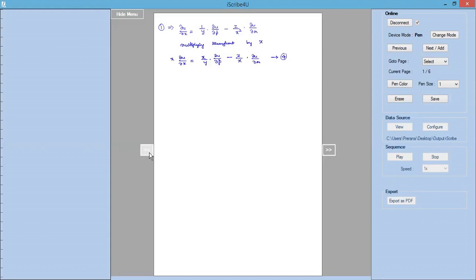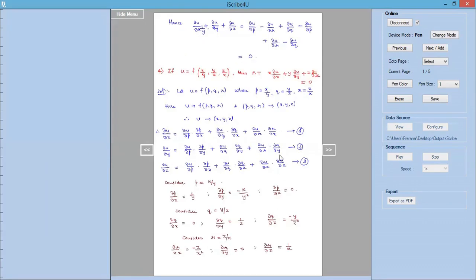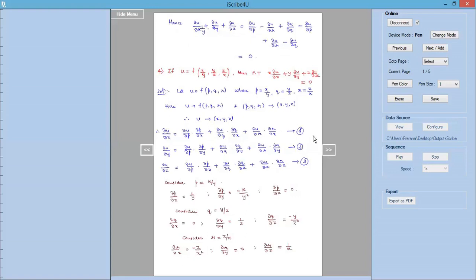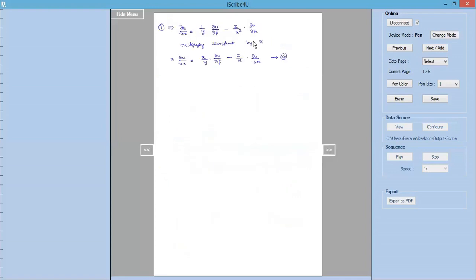Now similarly, we will be able to write down an expression after substituting into equation 2. We will be able to write down the expression directly for y into dou u by dou y. Since the given function is a symmetric function, we can use the concept of similarity: replace x by y everywhere, y by z and p by q, q by r, r by p. So that symmetric concept is going to help us write down the expression for equation 5 directly.